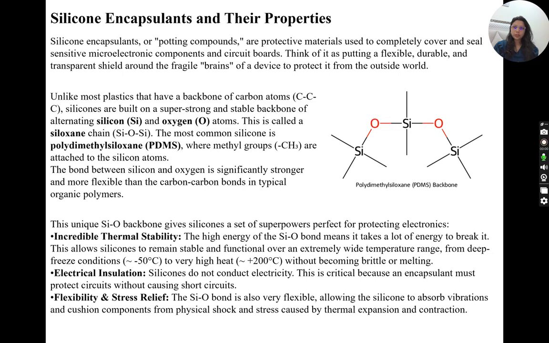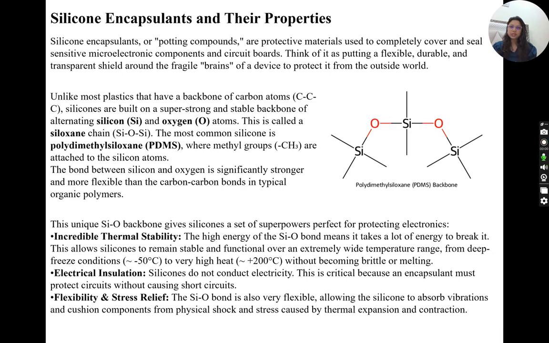Okay, then let's move forward to the next topic, which is silicone encapsulants and their properties. I hope epoxies and polyurethane are clear now. And if anybody has any issue or problem understanding any of this topic, please write to me in the chat box. I will try to take it up either in this class, or if something is out of my hand, I can incorporate it in the next class as well.